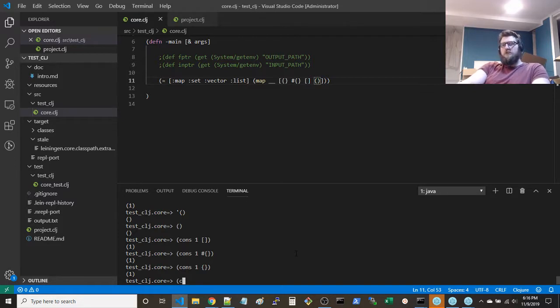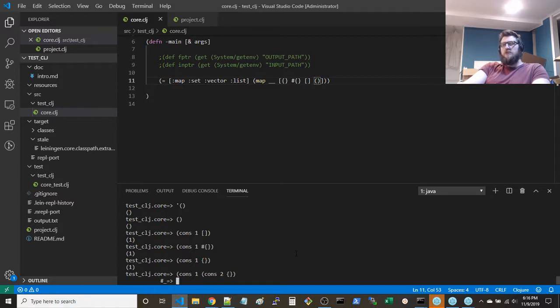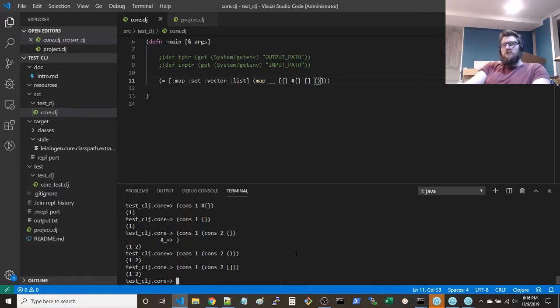What if you do cons 1, cons 2, so add two things. Okay, 1, 2. How about the regular sequence? You get the same thing. All of these seem to be returning just a sequence.